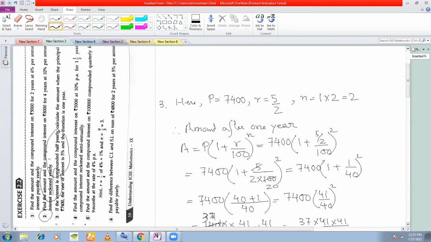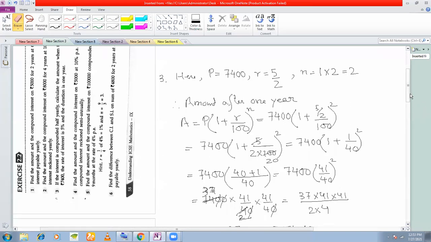Okay, so remember, when you are compounding interest half yearly, keep an eye on what is given in the problem, whether the interest is being compounded half yearly or whether the interest is being compounded yearly. Sometimes most of you make the mistake that even if the interest is given half yearly or quarterly, you work it out as yearly. So do not make that mistake. You have to keep an eye on the phrase half yearly, quarterly, or yearly.